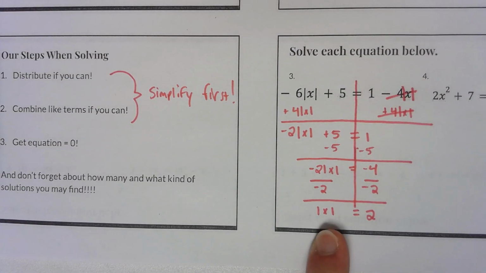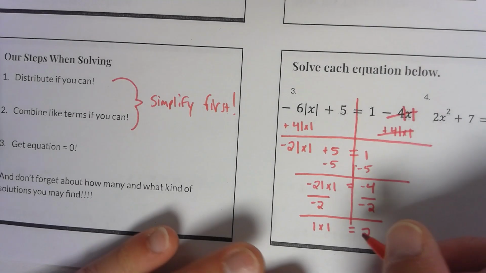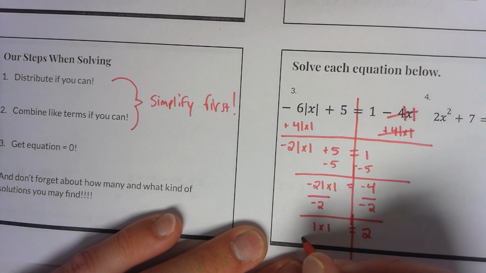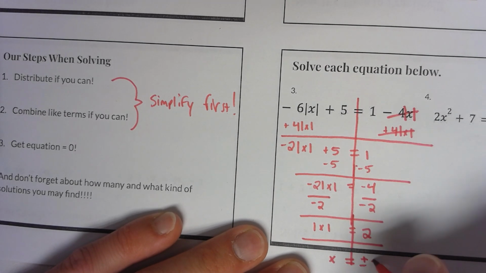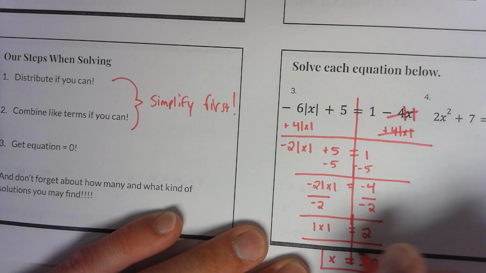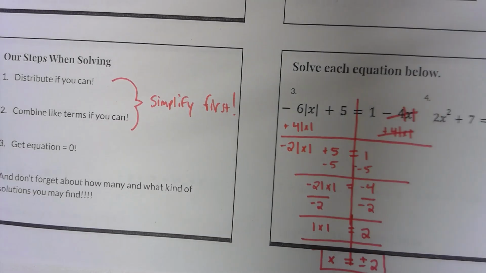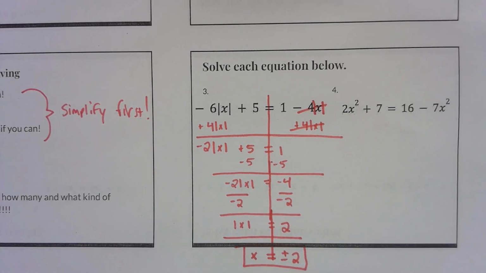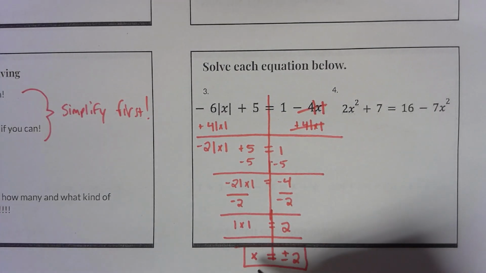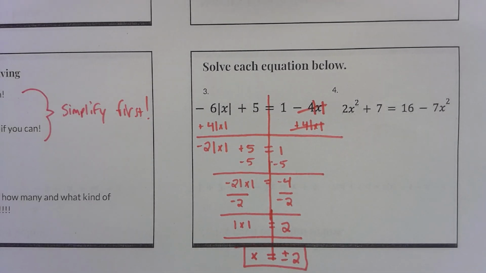This is part of our solving process, but now us essentially undoing the absolute value is us stating that x needs to be plus or minus 2. So it's almost like a whole other step. If you've just been getting to that absolute value and then saying that absolute value is plus or minus 2, you're kind of missing a whole step there. So we are always working to just get regular x by itself. Why don't you all try number 4, and then we'll find a